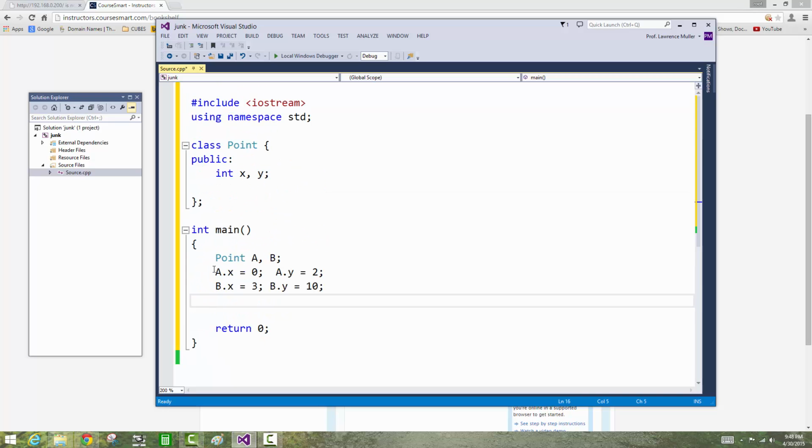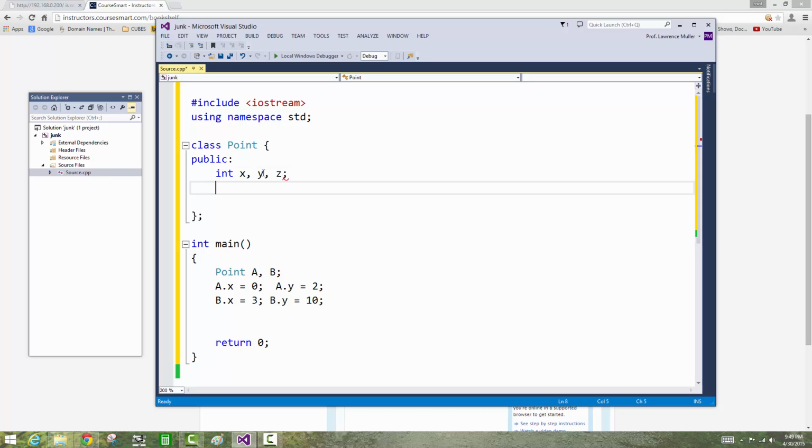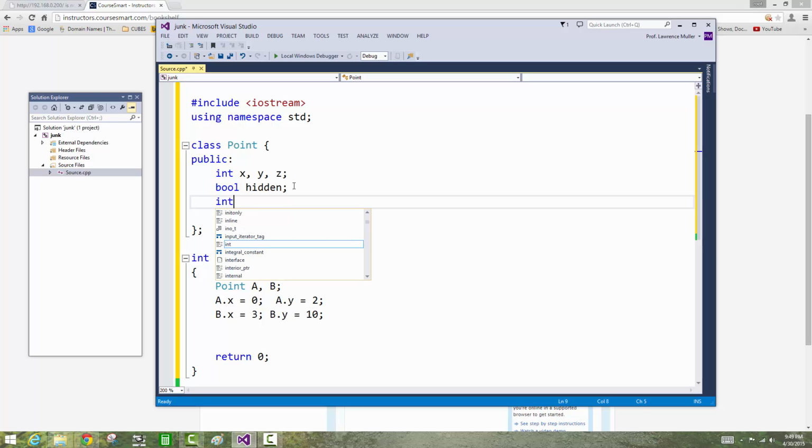Now I like this idea that I can encapsulate a lot of things in here. For example, I could put a third variable in there. I can even put another variable, Boolean, to tell you if true or false, should you let me see this point? And I might call the variable hidden. And it'll say whether or not X, Y, and Z should be hidden. I could have another variable, integer, the red color. What is the red, green, and blue color amount of this point? So it's a pixel on the screen. The pixel